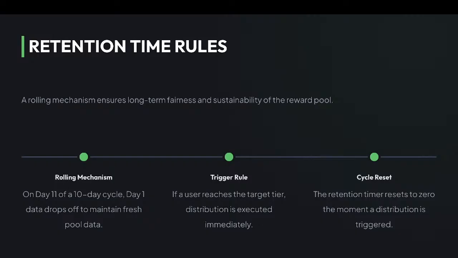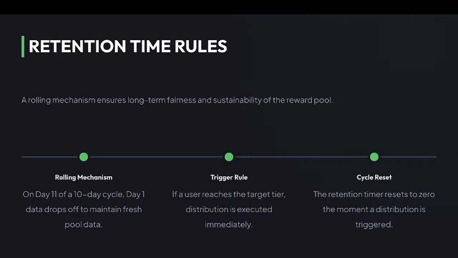So the second rule is the trigger. Qualifying for a tier does not require you to wait until the end of the month or the end of the qualifying period. The very second your contribution points hit the required threshold, the reward mechanism triggers immediately. So the third rule is distribution. When the trigger fires, the payout happens instantly. The decentralized smart contracts automatically execute the calculation and distribute the funds from the reward pool directly